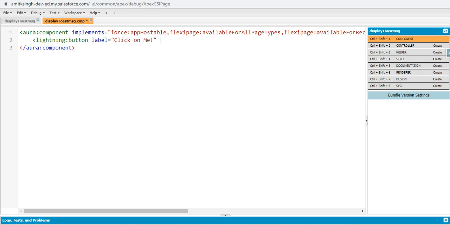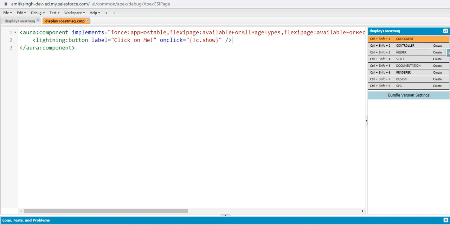and after that I need to perform an onclick function on this. It should be in double quotes, then curly braces, and under it we should write an exclamation sign, then c, a dot, and the function name, and after that we just need to save it.